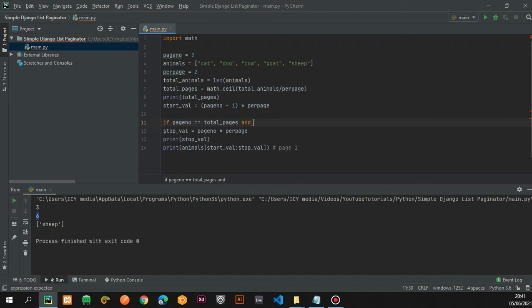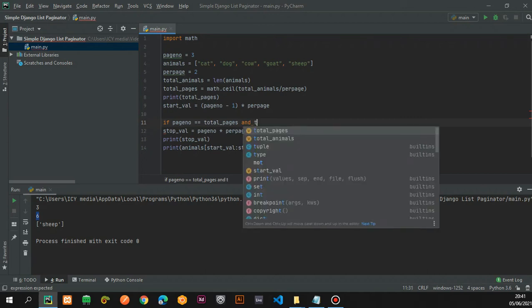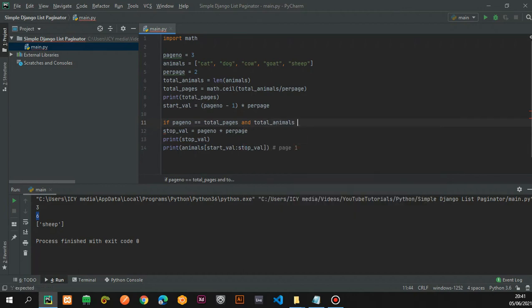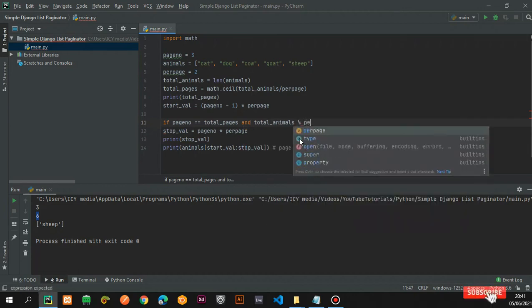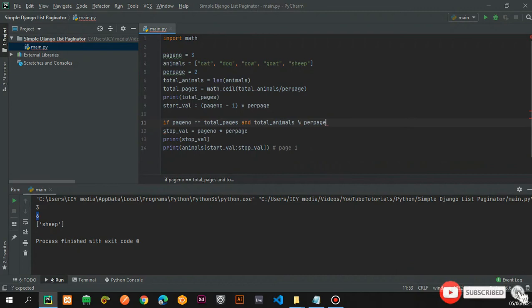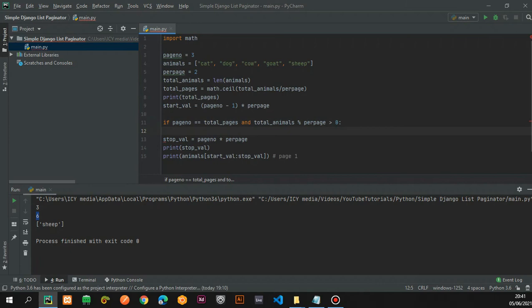It gives us a remainder, not a 0. So if our modulus of our total animals per page is greater than 0, this means that the remainder that we are getting from the total items in the list is greater than 0. So we need to subtract that remainder from